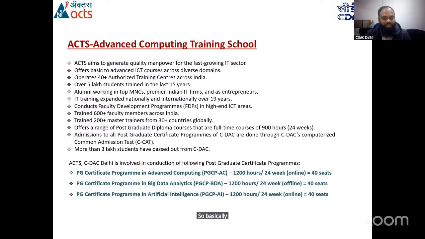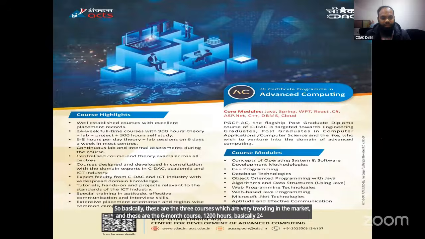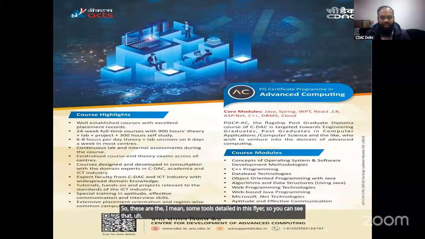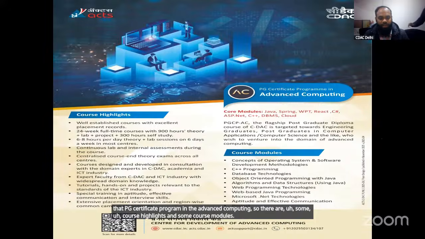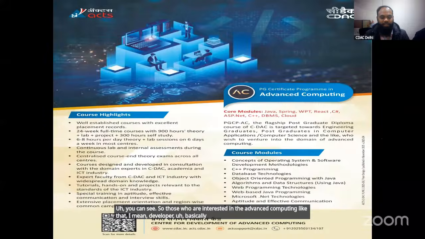These are the 3 courses that are very trending in the market. They are 6-month courses, 1200 hours, basically 24-week full-time courses with 900 hours of theory plus lab and 300 hours of self-study. Some course details are in this flyer. For the PG certificate program in Advanced Computing, you can see the course highlights and modules. Those interested in a developer role on the development side, like front end, back end, or full stack developer,